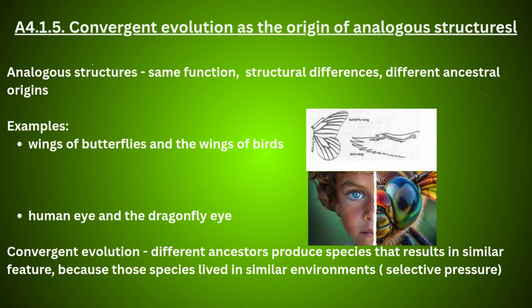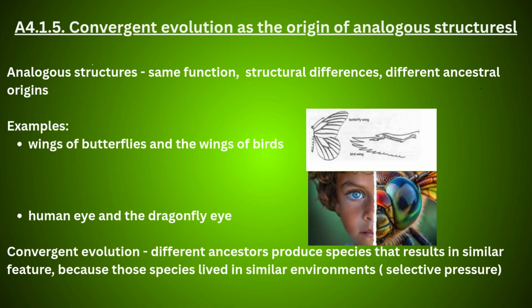A great example is the wings of butterflies and the wings of birds. Both serve the function of flight, but their underlying structures are vastly different because they evolved independently from different ancestors. Similarly, the human eye and the dragonfly eye both enable sight, but their structural differences are evidence of their separate evolutionary paths. While they serve the same purpose, their distinct origins explain why their internal structures